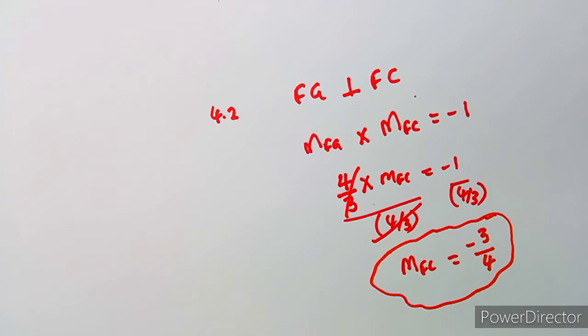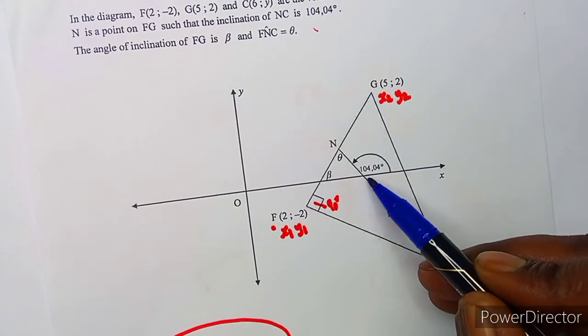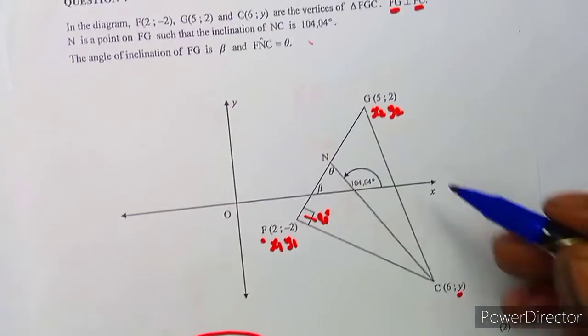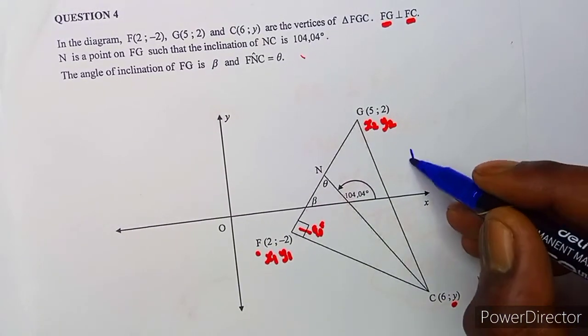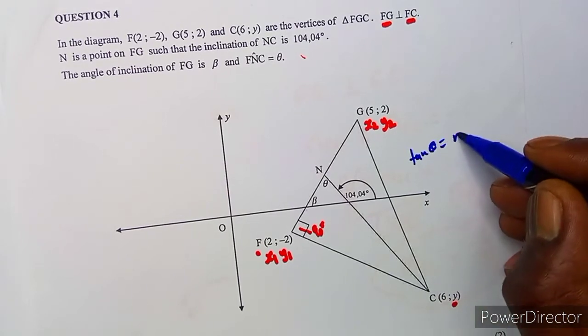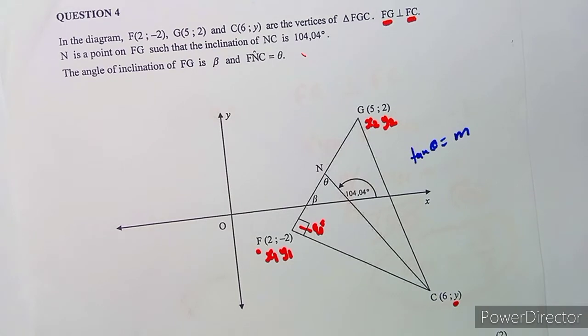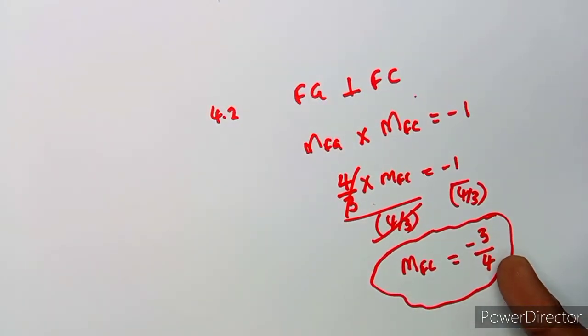So like I said, maybe you wanted to avoid the concept of the angle of inclination. If you are to use this angle, it's just tan of the angle that you have, and it gives you the gradient. Because remember guys, tan theta is equal to the gradient. So tan of the angle gives us the gradient, just like that. So we obtain this value, and you just round off to give you something that is exact. Once this gradient is there, therefore you are saying